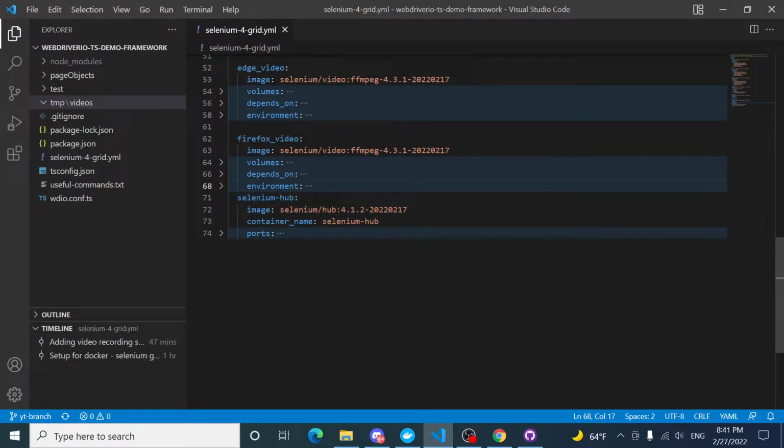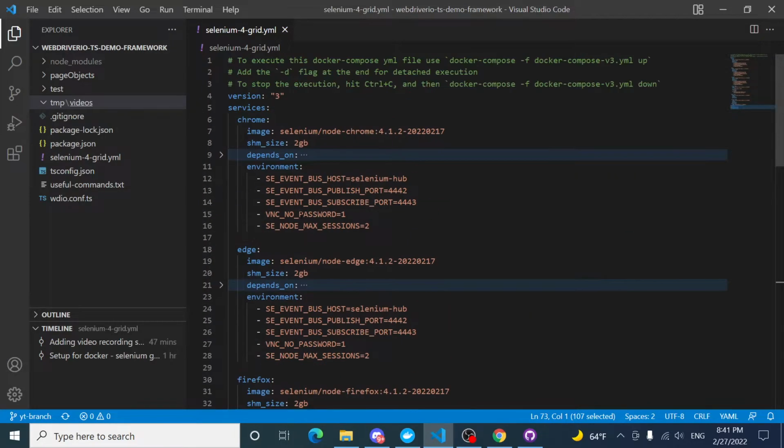If I check the Selenium hub, as I told you, basically this is the orchestrator of this particular grid, and these are the ports that are exposed, and that's basically it. Now let's go ahead and